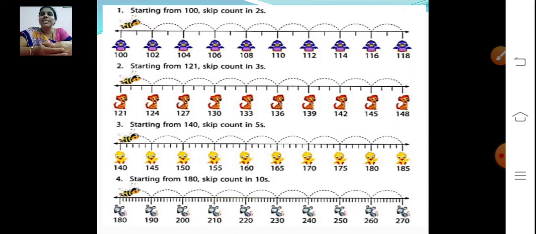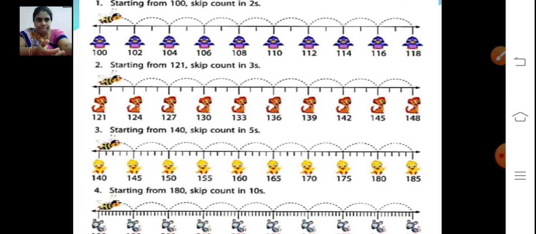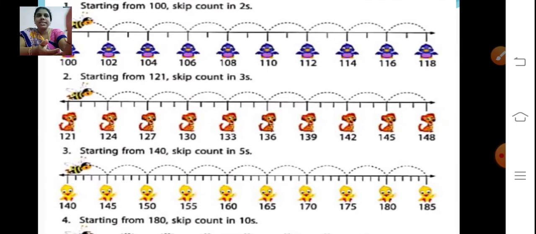So now, starting from 100, skip counting in 2s. Just see the first example. The honeybee wants to skip two places.